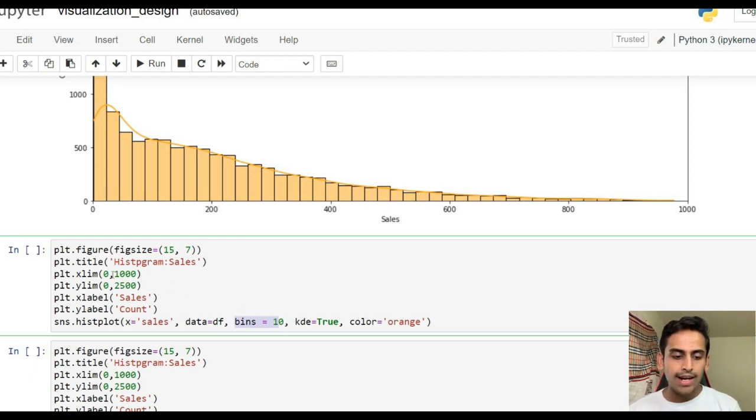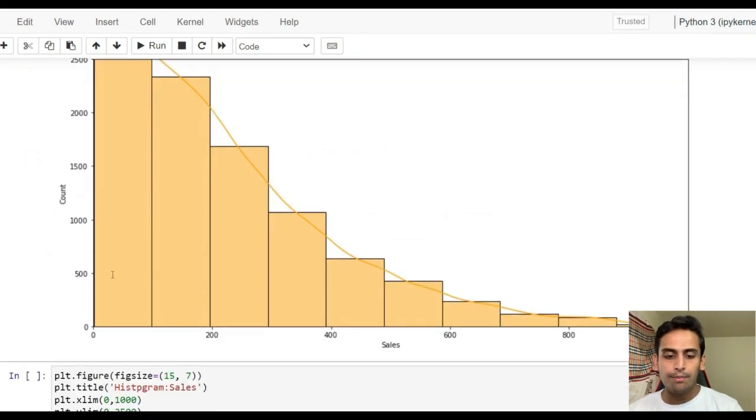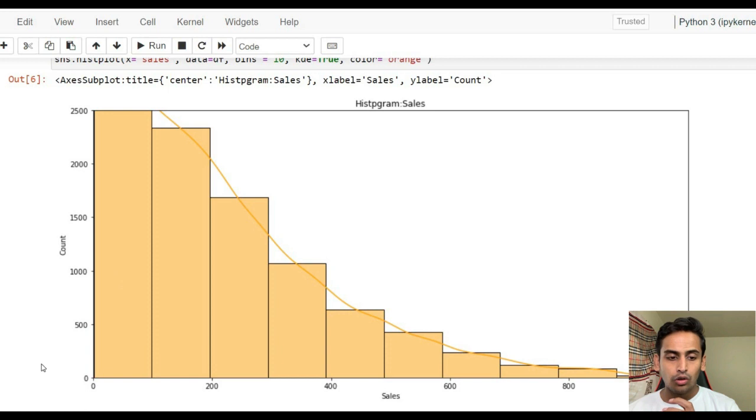Since we have values from 0 to 1000, and I need 10 bins, it means the first bin interval would be 0 to 100, the second would be 100 to 200, the third would be 200 to 300, and so on. So when I plot it, we can see it in this way. So now I can say that,